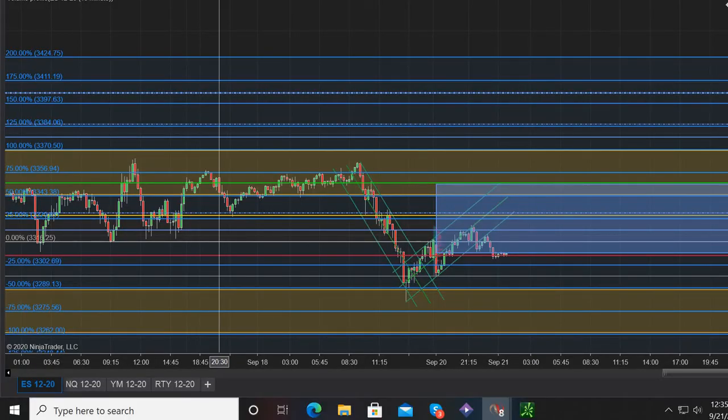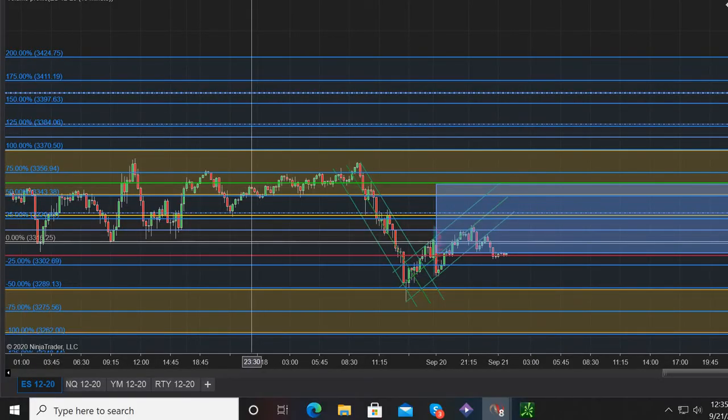Here we have our expectation zones. We have our value area, previous value area pockets, and our expansion zones and our decision points. I've also marked up some trend lines for you all to base some of your trading off of if you would like to do so. So with ES,